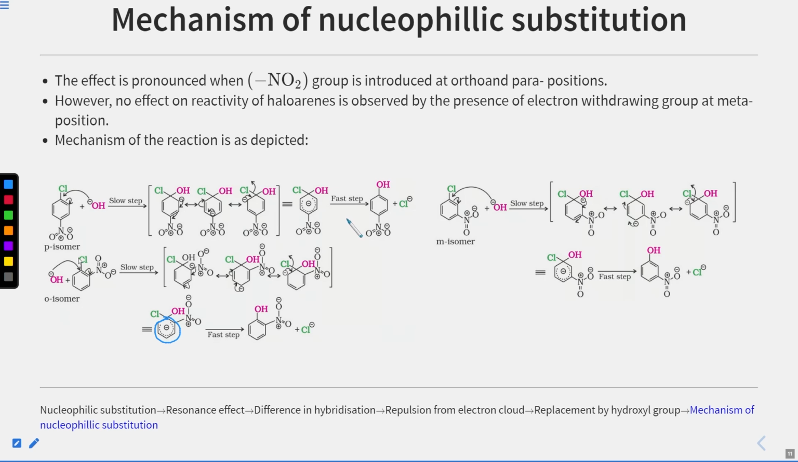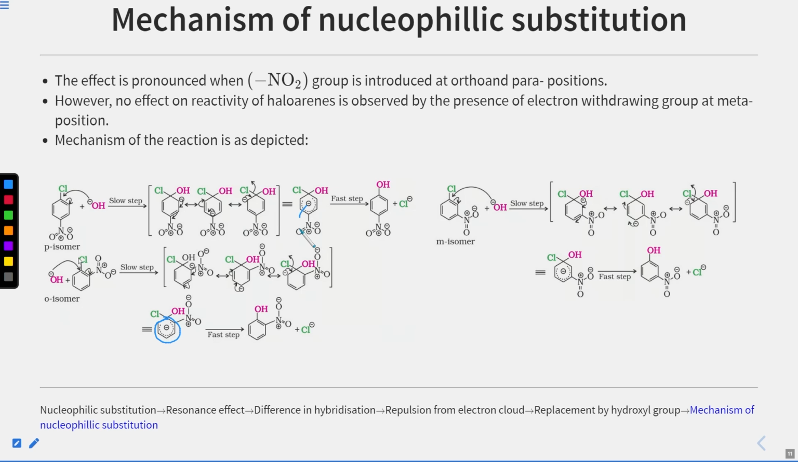Is this clear? Okay. So due to this reason, we get a ring open here. And since the negative charge is delocalized, therefore we put a negative charge here. So this is the mechanism for nucleophilic substitution. So if I put all these reactions and all the concepts in a nutshell, then I would